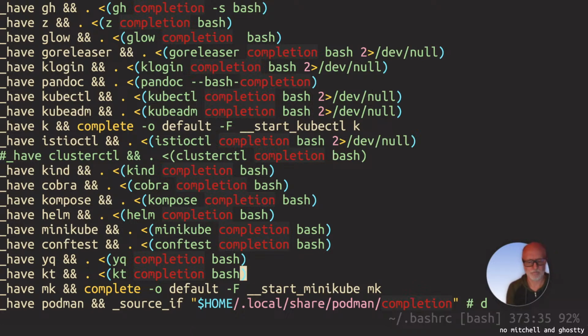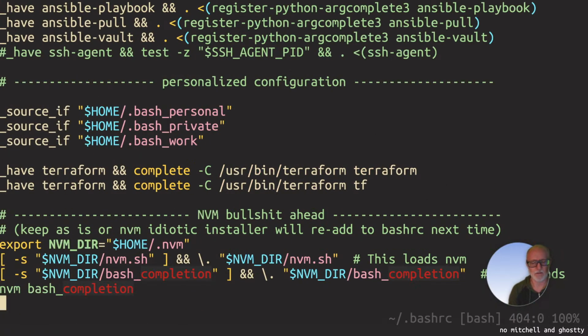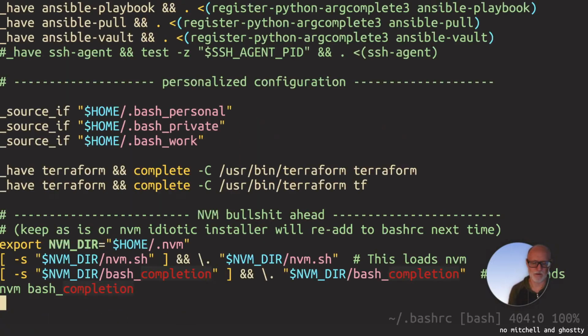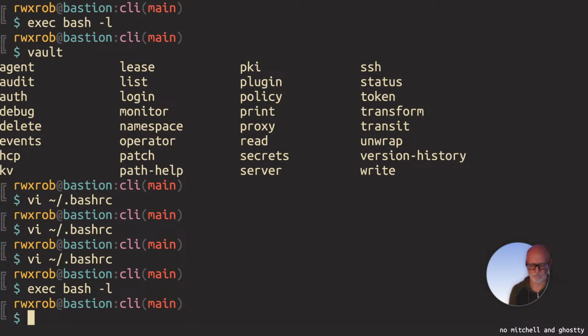So now exec... I mean, they did fuck with my bash RC, which is a big no-no, but not too horribly. They just added that one line. Unlike NVM or some shit. Look what NVM does. NVM adds all of this on totally stupidly. Anyway, exec bash -l. And so HashiCorp developed their own command line thing that does their own completion. Yeah, so